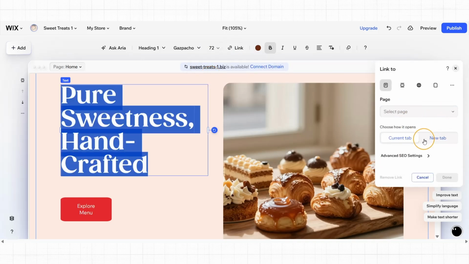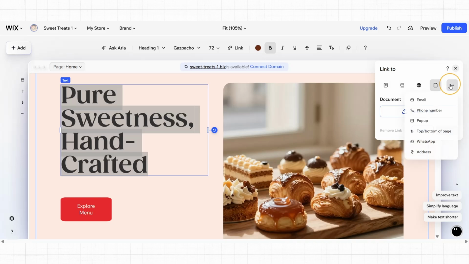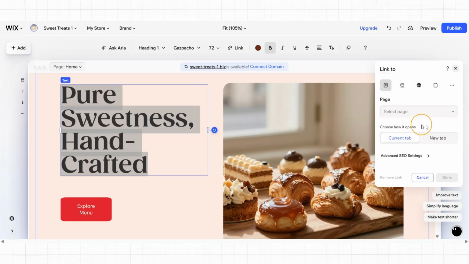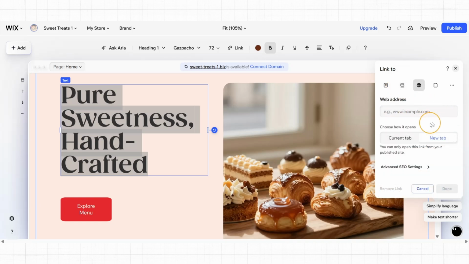From here, you can choose what kind of link you want to embed onto your text element. You can link a page, a section, a web address, a document, and so much more. And depending on what kind of link you want to embed onto your text, make sure that you input the necessary information asked here. So, say for example, if we want to link a web address, we should input the